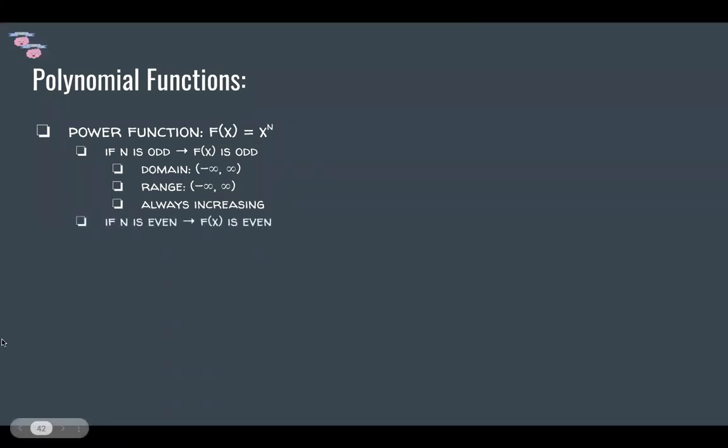If n is even, the function is even. Domain is all real numbers. Range is not always all real numbers. I put it here because it's usually never all real numbers, but in some cases it is. Let me explain. I couldn't write the actual range here, which is why I wrote all real numbers, but just ignore that for a second. It's basically